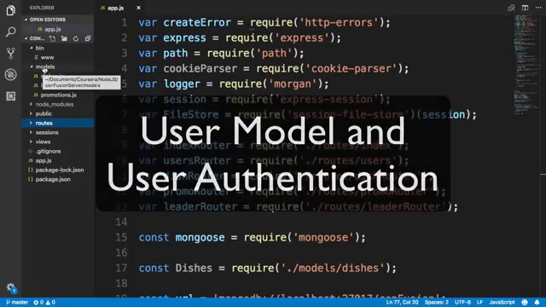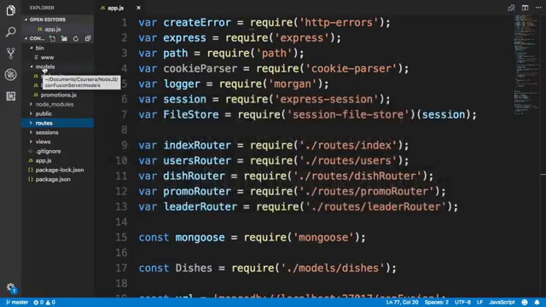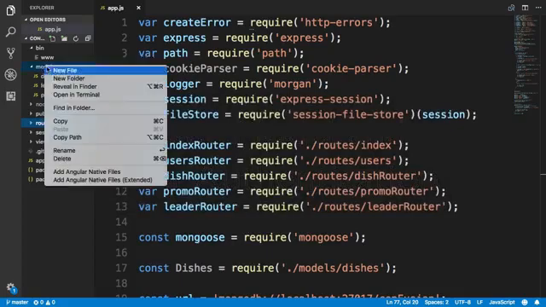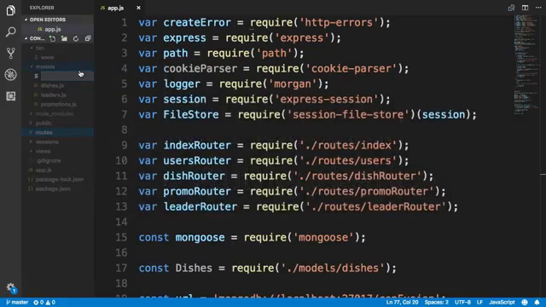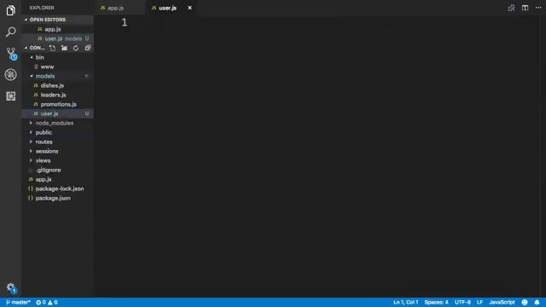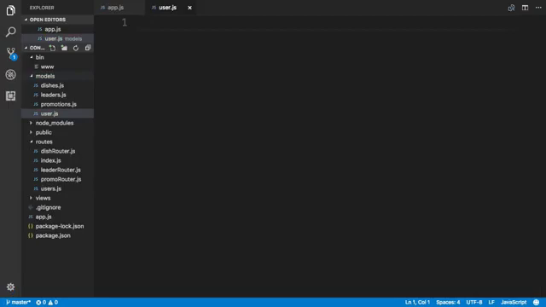Continuing with our Express REST API server, let's now go into the models and then add a new file named user.js. This is the file where we will create the user schema and the model. We'll create a simple user schema which tracks the username and password, and also a flag that is set to indicate whether the user is an administrator or a normal user. So this is one way of distinguishing among different user types. So in this file, let's first